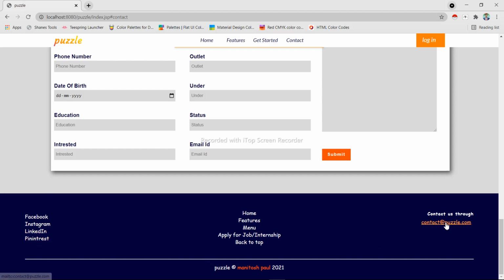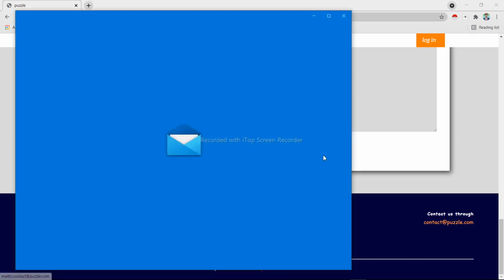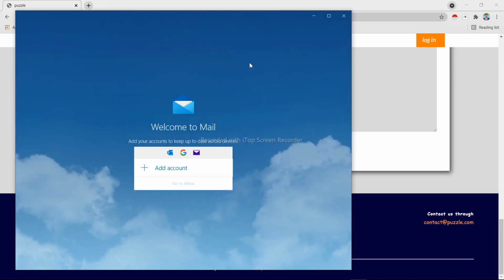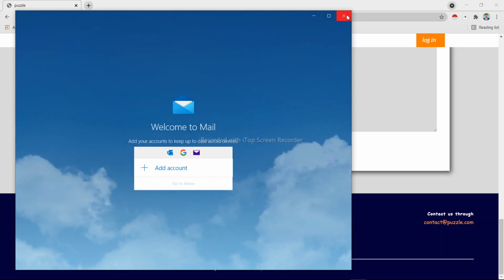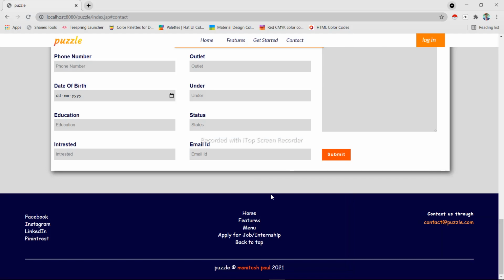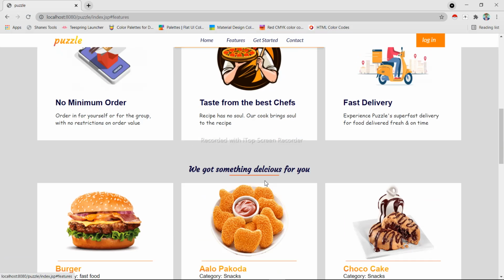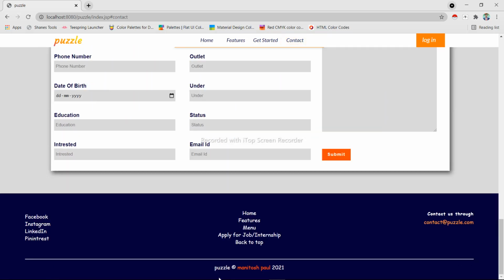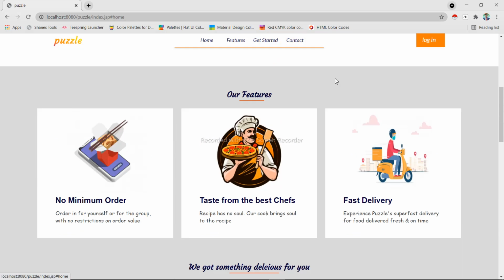If you click on this email, which says contact us through this email, you would be redirected to the Microsoft Outlook app. For now I don't want to add any account, so let's close it. All these links also work perfectly. If you go to features you would be going to features, and we also have a back to top button.